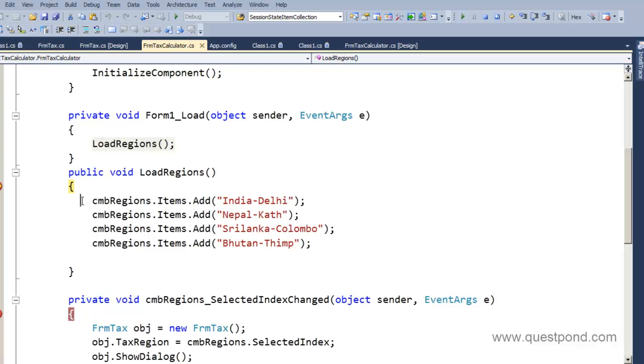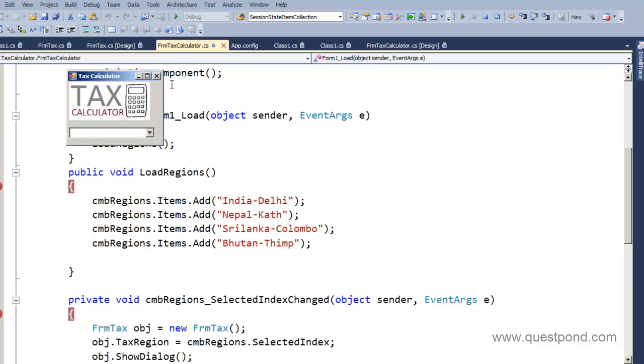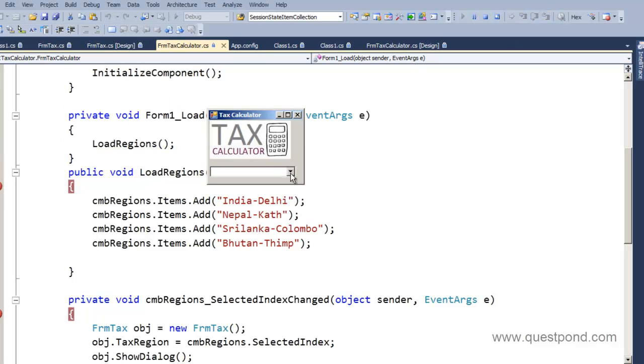So you can see that I am filling up a combo box here called CMB regions, and over there I'm filling the country as well as the state or the sub-region, so that I can calculate the tax as per the country and the sub-region. So there I fill my combo boxes, and that's my load region. Now let's say I select India Delhi.